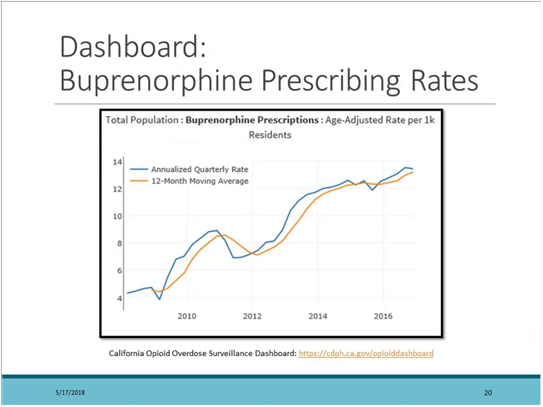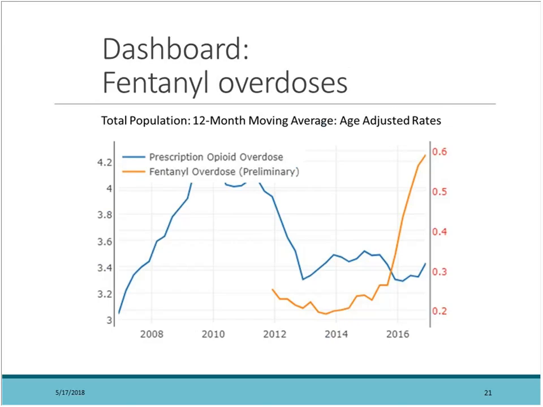are available to all counties down to the zip code level, as shown here. And encouragingly, we're seeing steady progress in most areas there and across the state as a whole. And then another important indicator that has been added to the dashboard is fentanyl. Because fentanyl, when it's used in the community, is primarily illicit, it doesn't appear in our CURES database, so it's difficult to track the supply of fentanyl. But you can see the impact of fentanyl in the new functionality on the dashboard of fentanyl-related overdoses for your